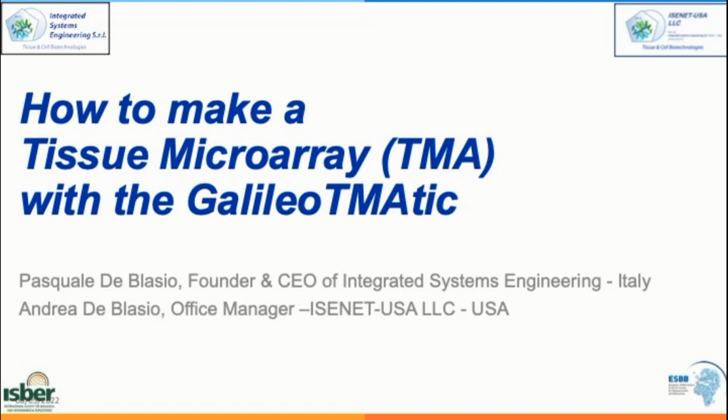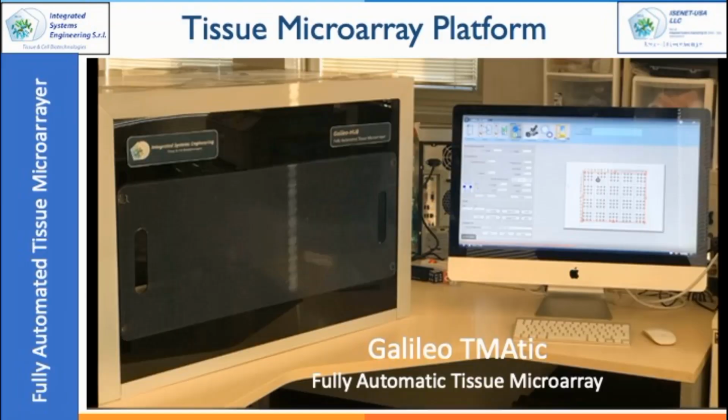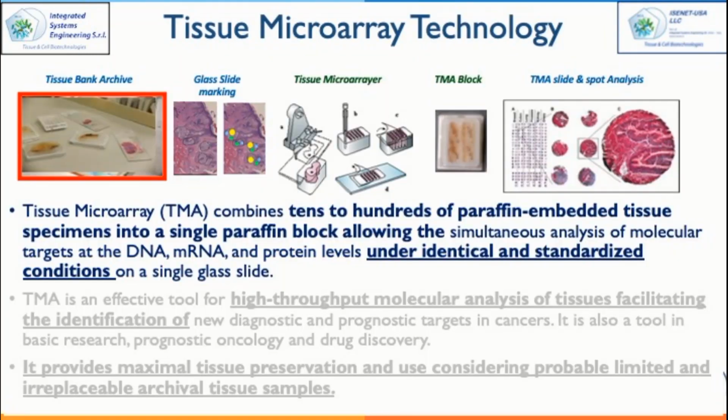In this video, we describe how to create a TMA and make a block using GalileoTMAtic, a fully automated tissue microarray. Tissue microarray, or TMA, combines 10 to hundreds of paraffin-embedded tissue specimens into a single paraffin block, allowing the simultaneous analysis of molecular targets at the DNA, mRNA, and protein levels under identical and standardized conditions on a single